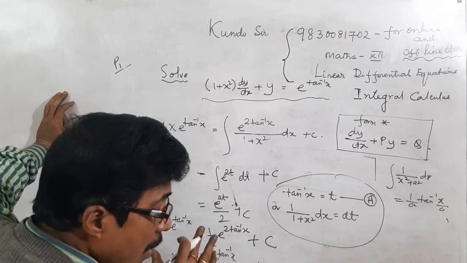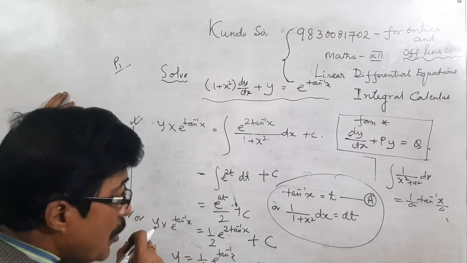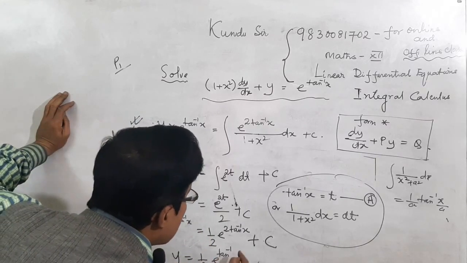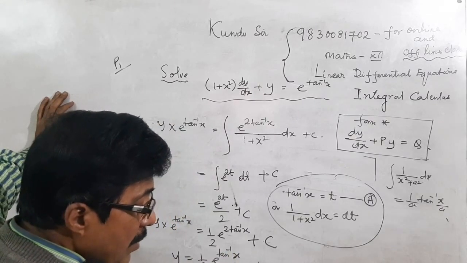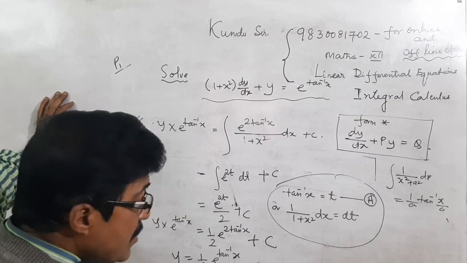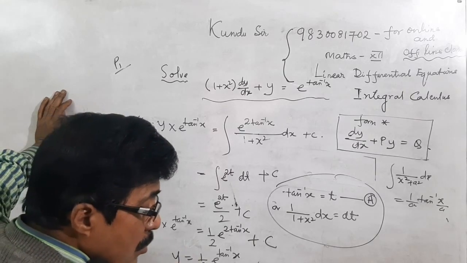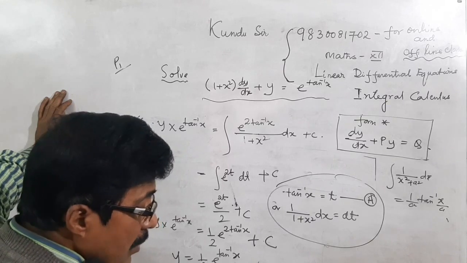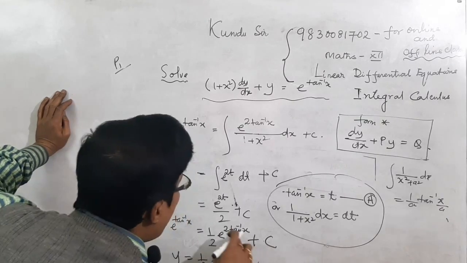Whatever we are getting, y e to the power tan inverse x equals that plus c, we are making division. So we can write plus c upon